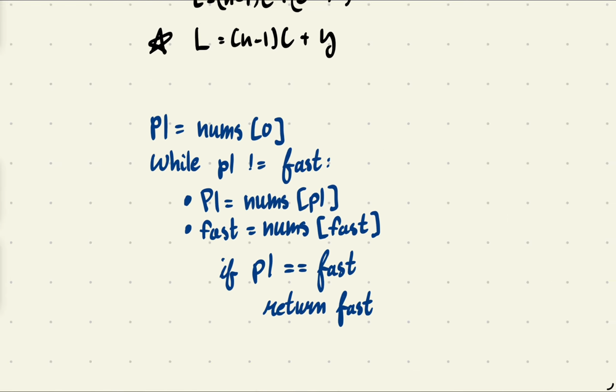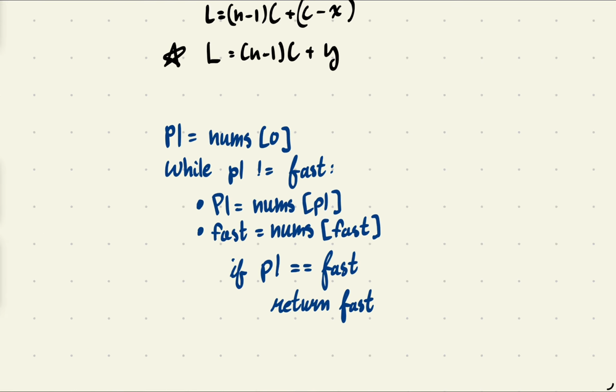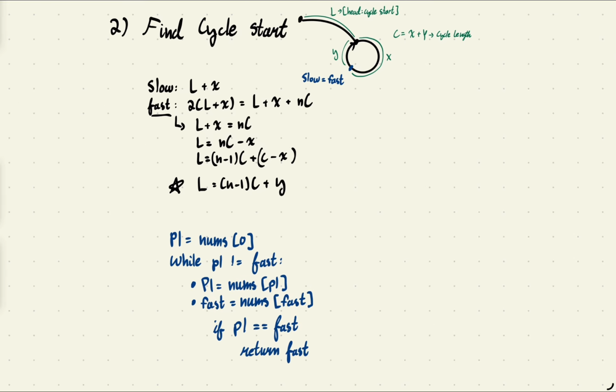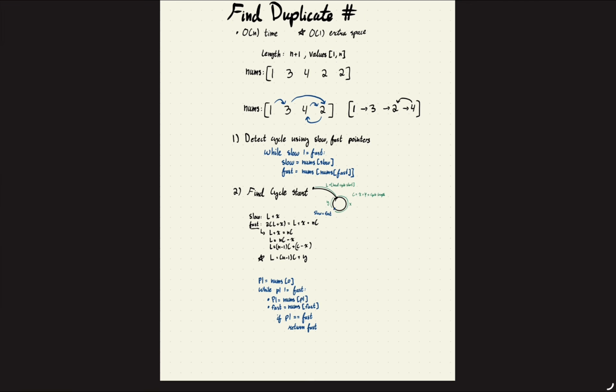And that would look like this in code. When they meet, that is your duplicate value, and you can return that, and you have solved the find duplicate numbers in an array in O of 1 extra space and O of 1